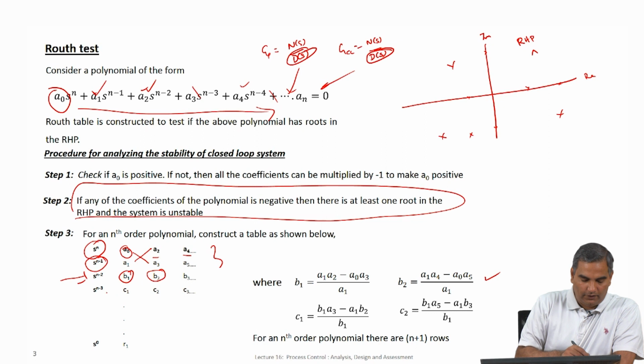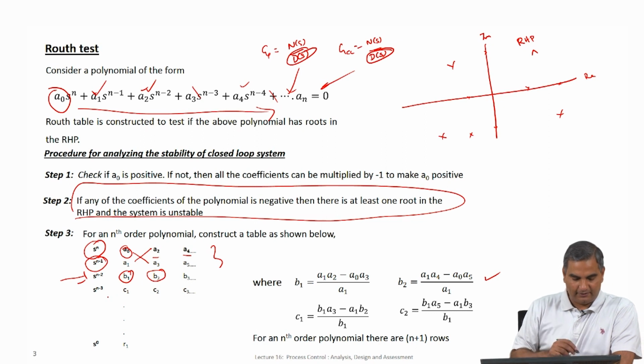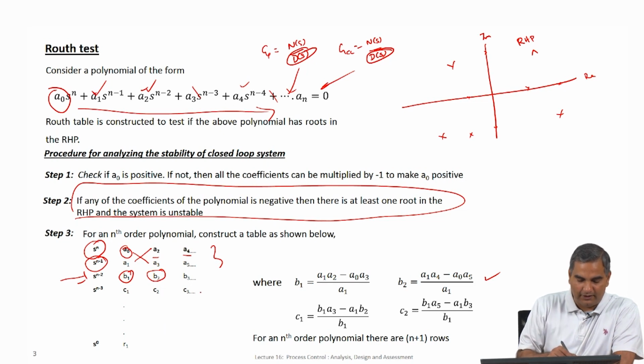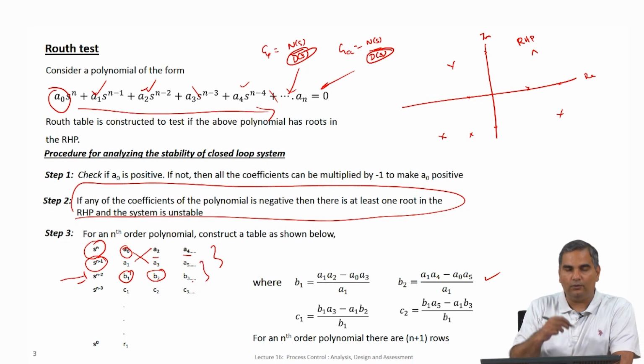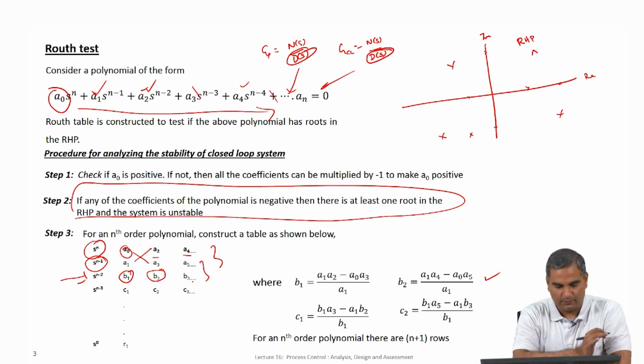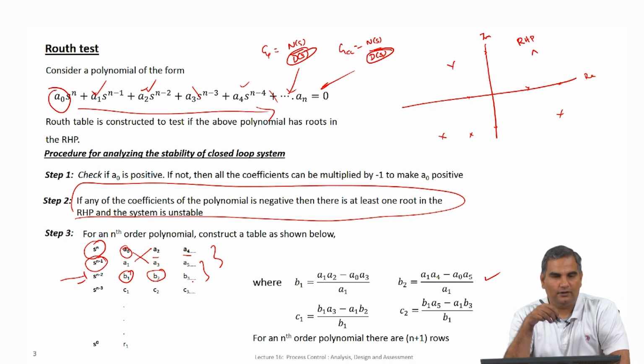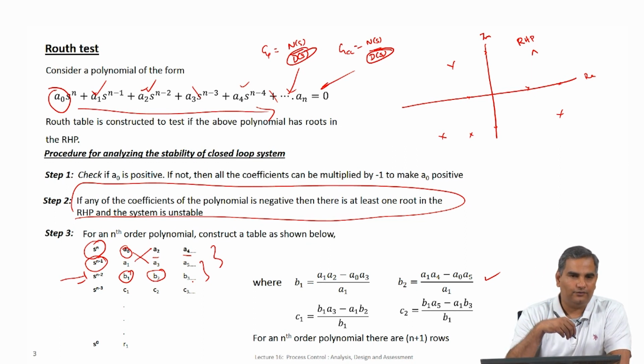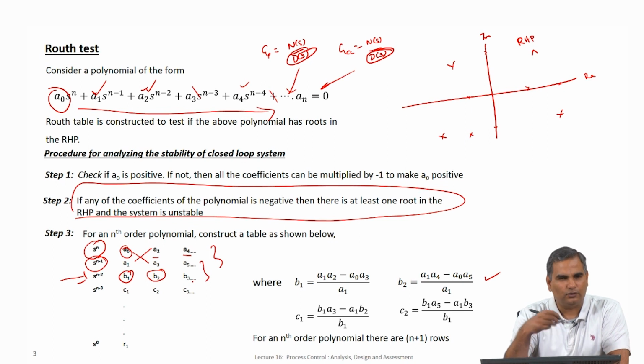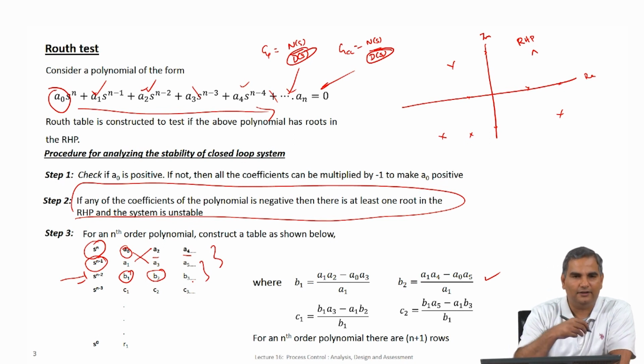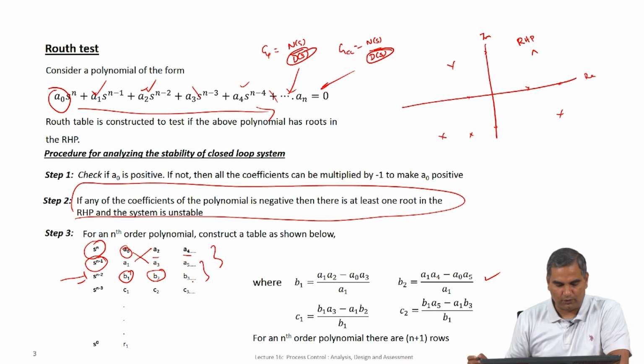Now, when you come to the next row, you follow the same procedure, no difference, except that for filling out any row you only look at the two rows above that row. Once you have two rows, to fill the third row you use rows 1 and 2, to fill the fourth row use rows 2 and 3, to fill the fifth row you use rows 3 and 4, and so on. Recursively you will be able to fill this till there is nothing more to fill, and I will show you how that happens.